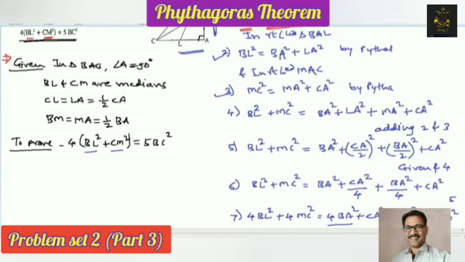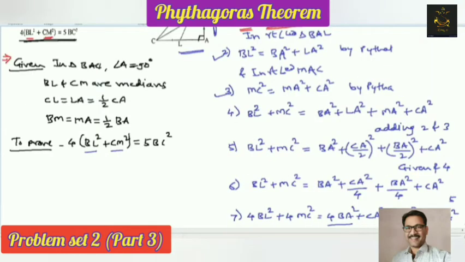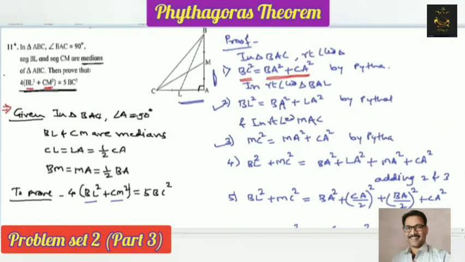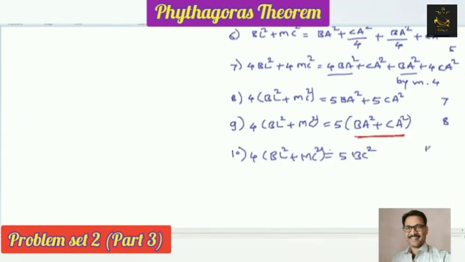So friends, here we have to write BA square plus CA square. That is nothing but what you can write? BC square. Keep this 5 as it is. BC square. Okay. This is from which step? There is upside. This is from 9 and here in the first or second step. Yes, in first step. So from first step and 9th step, this is our proof.